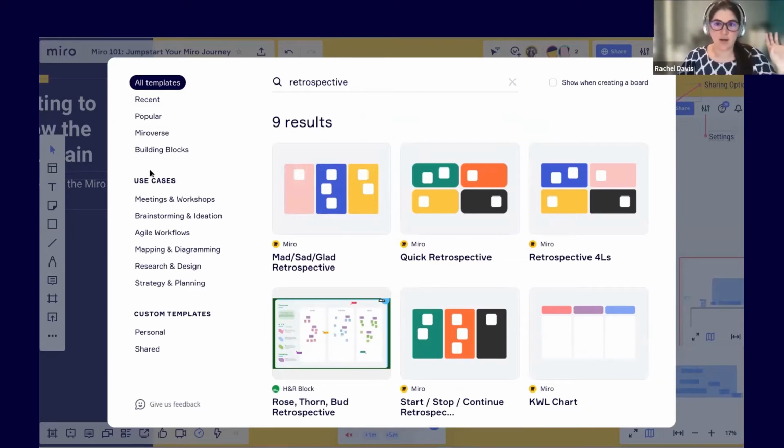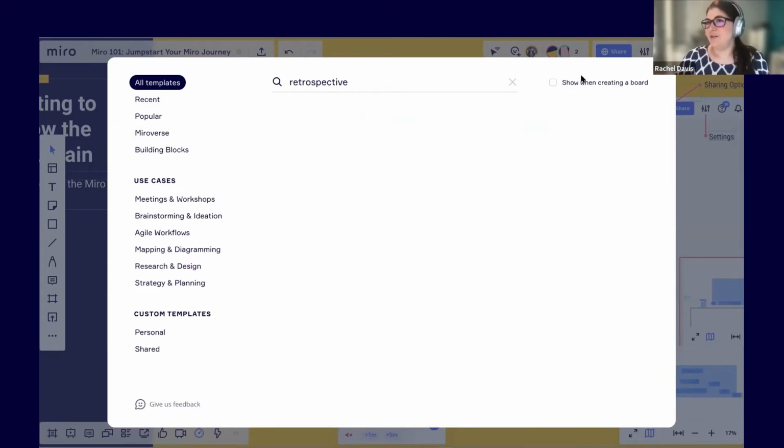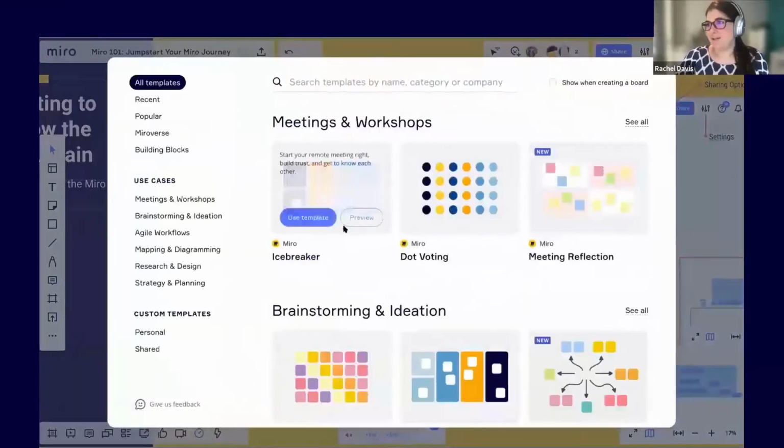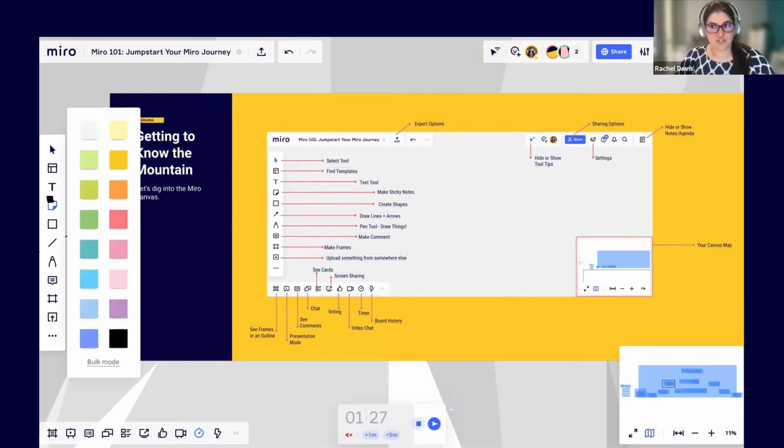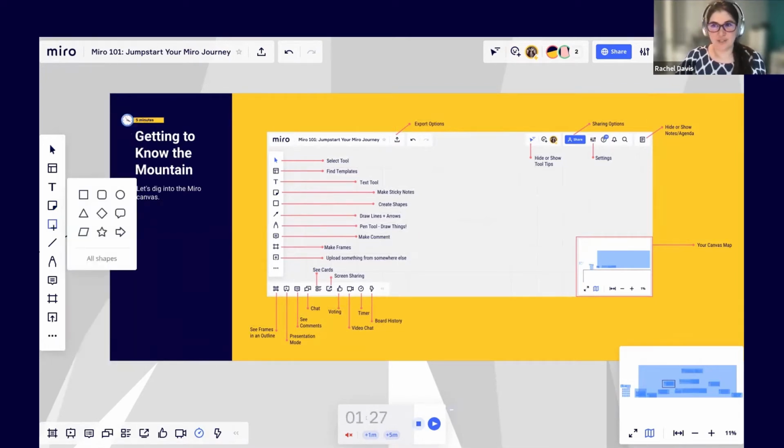So if you're like, oh, okay, I want this type of mind map and this type of brainstorming, but I don't want to create a whole new board for each of them, you just hit your little templates thing and you do your use template. So you've got your text box, then you've got your lovely sticky, make your sticky notes. You've got your shapes. Now, what most people miss here is the all shapes option. If you click all shapes, it'll show you an expanded menu here, and you can click back to basic shapes.